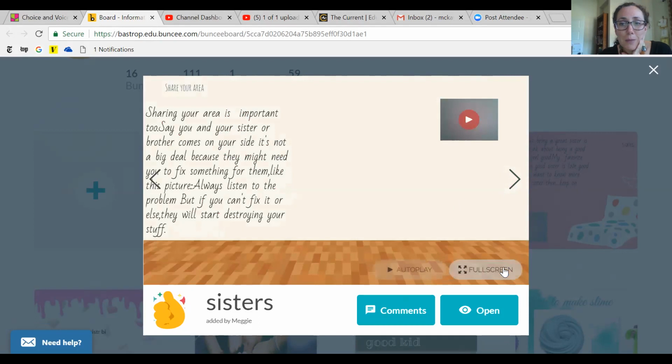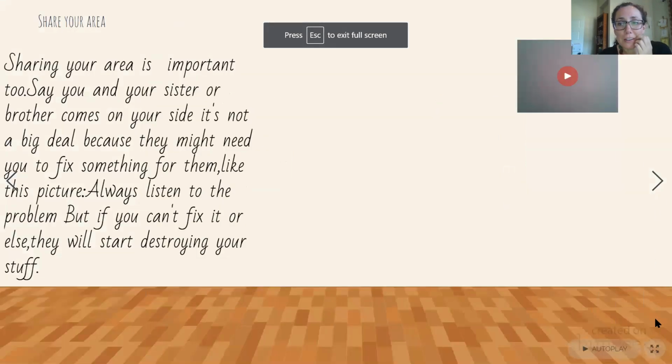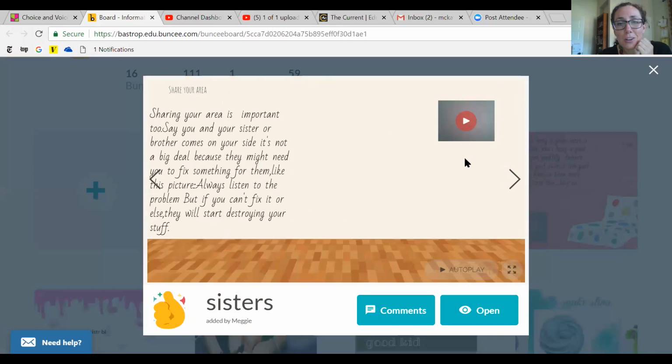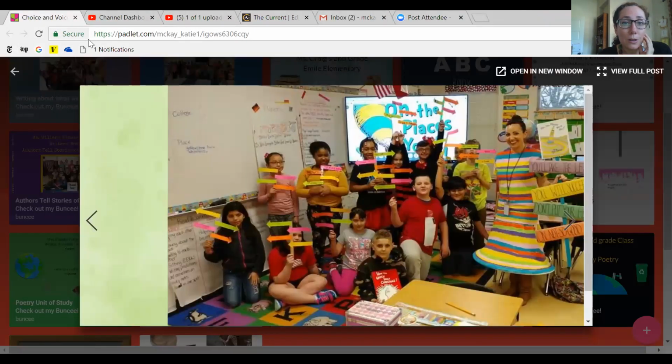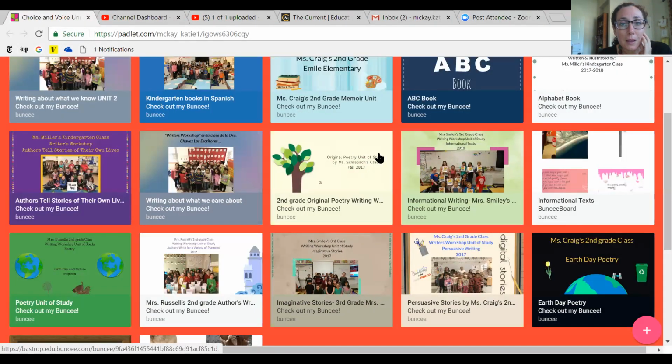So again, there's this hybrid text where she's got some persuasion in there as well as some information, and it is on a topic she knows about. She's an expert on this. She is a good sister. So we don't need to give students topics for their informational writing. They are knowledgeable. They have things to write about, and we just need to create a space where they are supported in that work. So I just want to celebrate all of these Bunsey teachers, these LRNG teachers who used